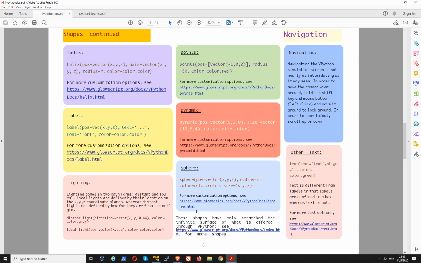Let's uncomment label. So we uncomment label, and you can change your text, font, whatever. F5, we're going to make it a magenta color. By the way, in vPython you can't type in purple here, you have to type in magenta, as I have learned from experience. Because purple is my favorite color and they didn't have it. You have to type in magenta. So sad. But F5,